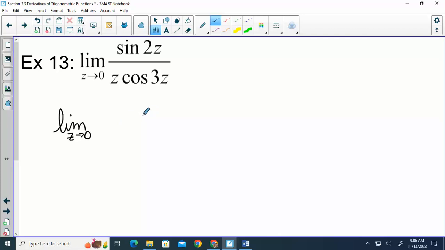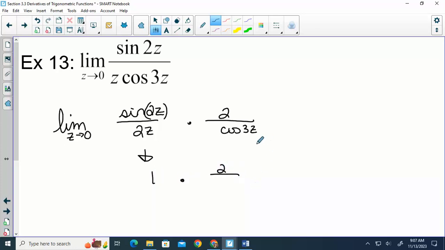What'd you do? So the sine 2z, we could keep the z with that, but we don't want the cosine, so we just pull it apart into a separate fraction that's on the bottom. In order for it to work, because this is a 2z, we need a 2z on the bottom. So if you had a 2 on the bottom, we have to put a 2 on top so that they would cancel each other out, because we can't change the original problem. So then our sine 2z over 2z would go to 1 times 2 over, if I plug in a 0, cosine of 0 is